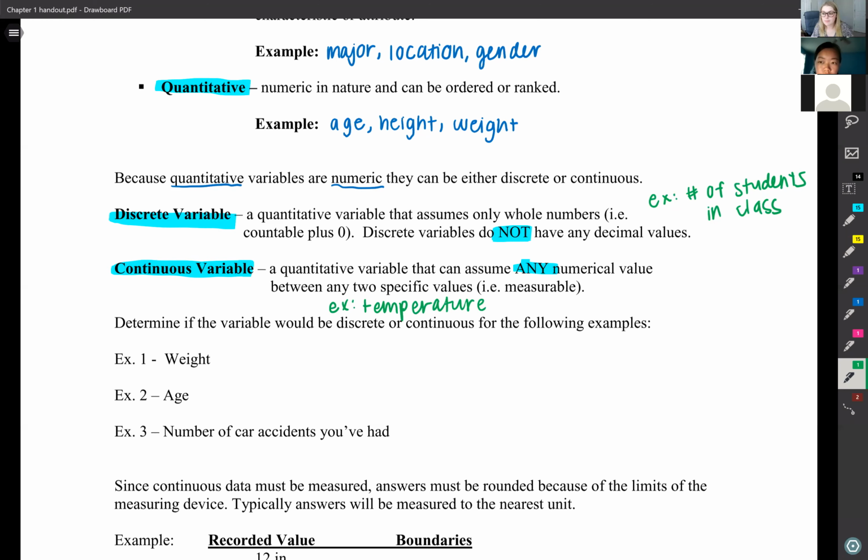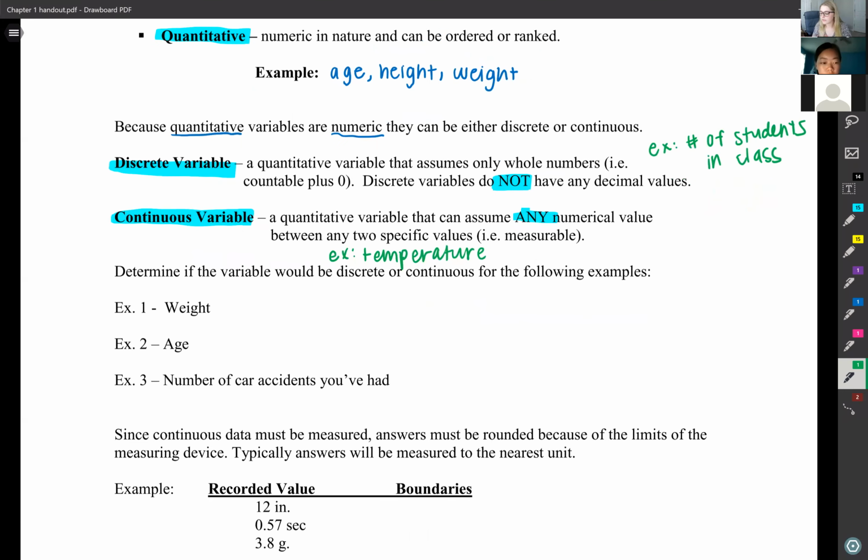These can be a little tricky, but next we're going to do a few examples and determine if a variable is discrete or continuous, and that should help really solidify your understanding. Here I'm going to ask for some participation. No shame if you don't get the right answer. This is your first time learning this content, but it's always nice to hear some voices. So we're going to determine if the following are discrete or continuous. Remember, discrete is only whole numbers, and continuous would be something that could take on any numeric value.